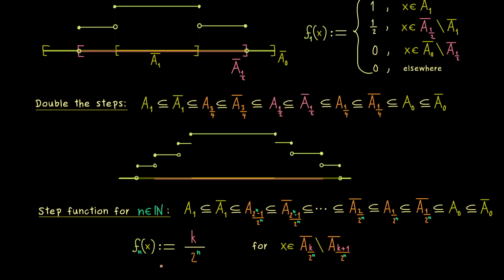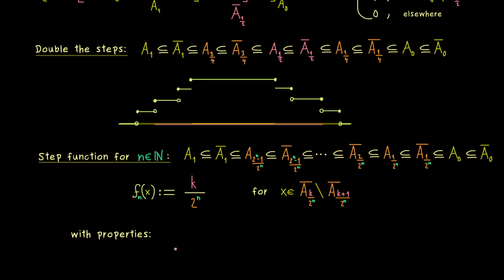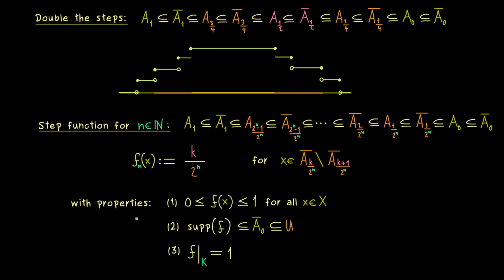So for every n, it's a well-defined step function that looks like that, and we also know if we increase n, the steps get smaller and smaller. And moreover, by construction, we immediately see that for every fn, the 3 properties from above are definitely satisfied. This means first that all the values lie definitely between 0 and 1, and second that the support of f